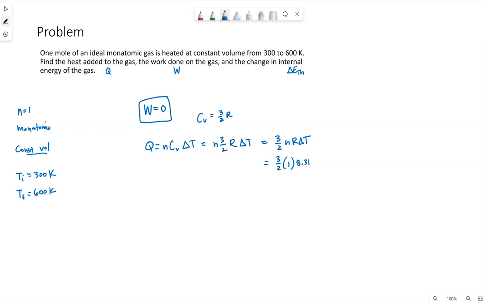R is 8.31 joules per mole Kelvin. Delta T is our final temperature minus our initial temperature. So the heat added to the gas